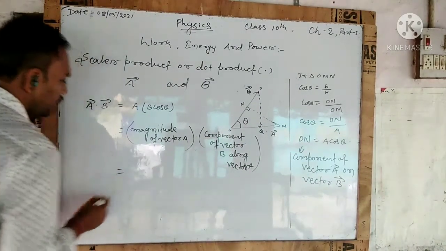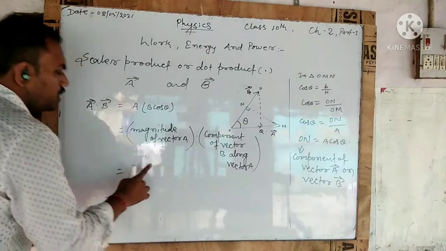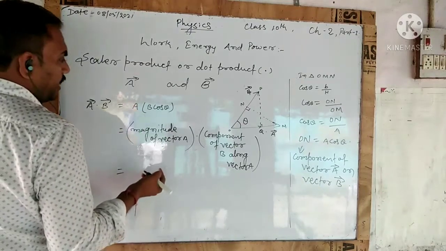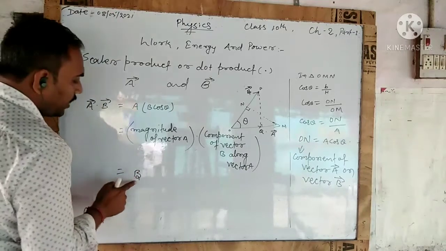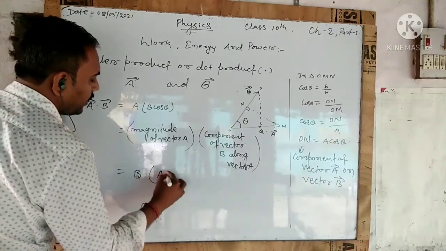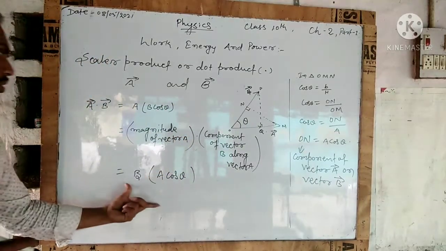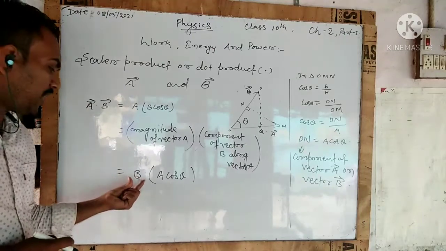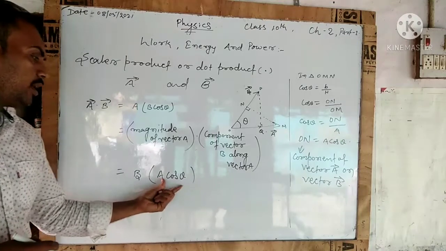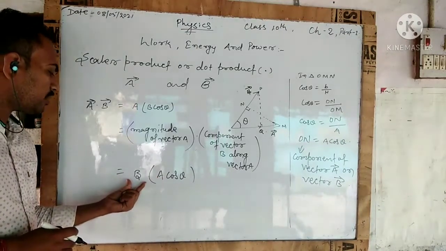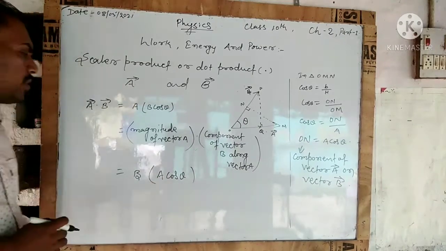Okay. You may also write it in another way: if you want to take the component of vector a on vector b, you may also write it similarly in reverse, b with a cos theta. This is also right for a dot b. Multiplying the magnitude of b with a cos theta means multiplying the magnitude of vector b with the component of vector a in the direction of b.